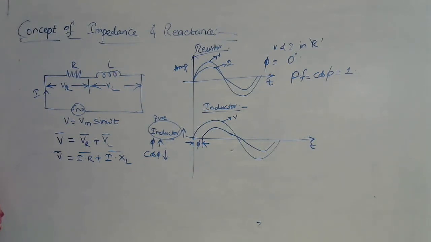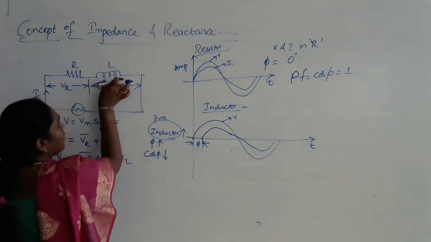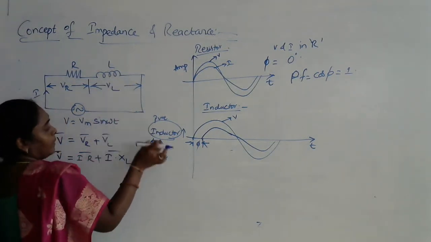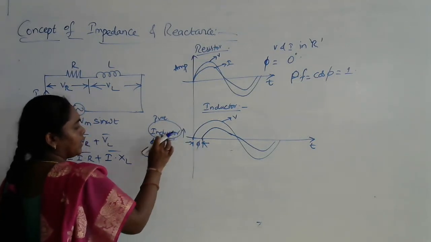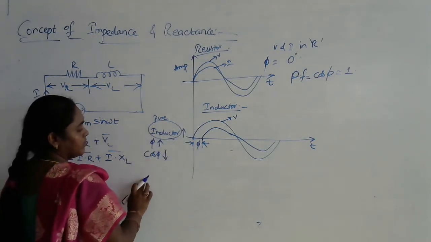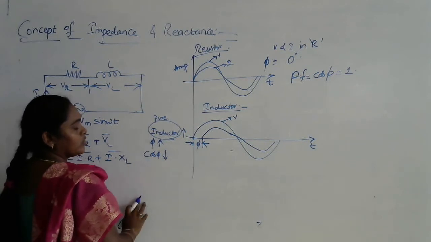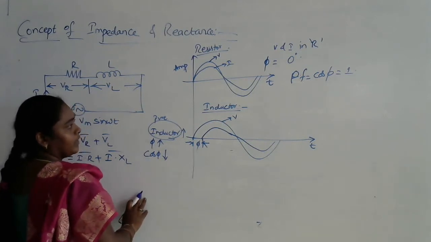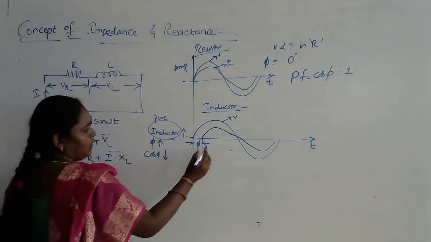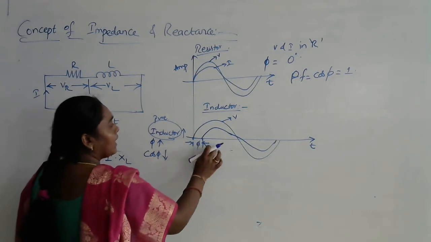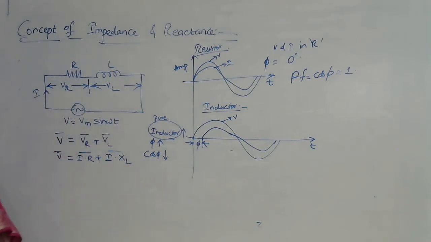So if a circuit consists of either purely an inductor or purely a capacitor, then such a circuit is called a reactive circuit. If you take smaller values of an inductor, the phi value will be less. If you increase the inductance value, the phi value is also increasing. Therefore, the cos phi value is going to decrease. That itself indicates that in the case of an inductor, there is a concept of lagging of the current.